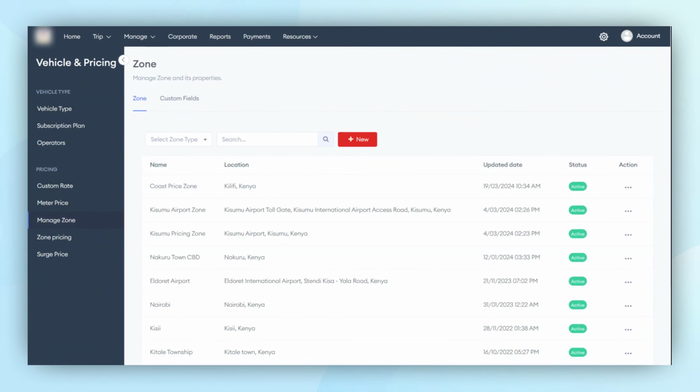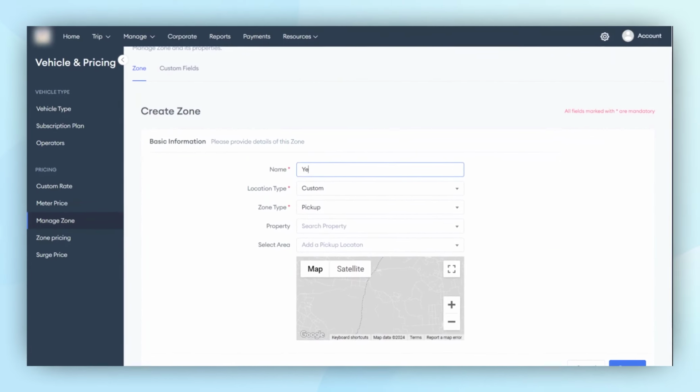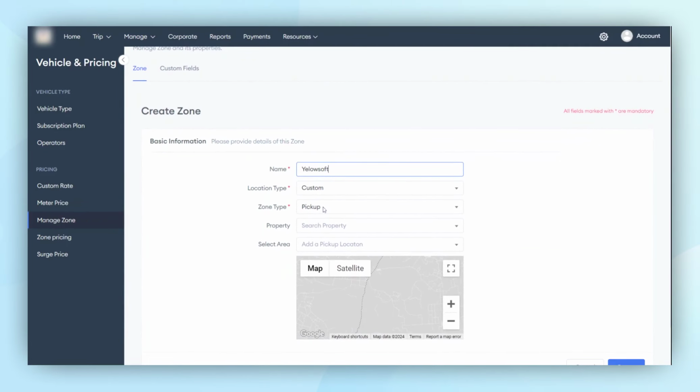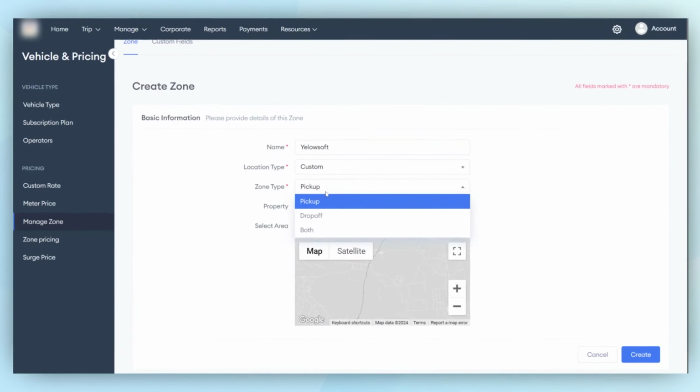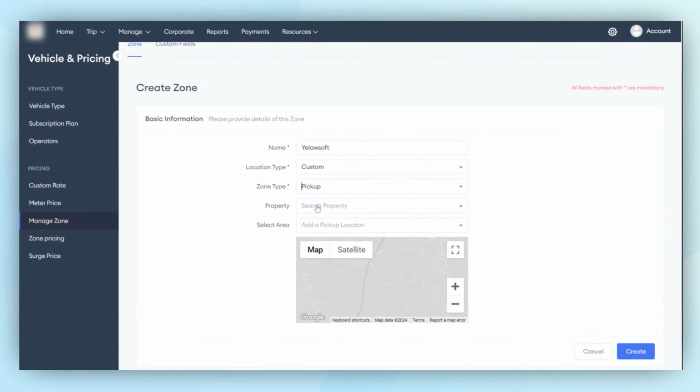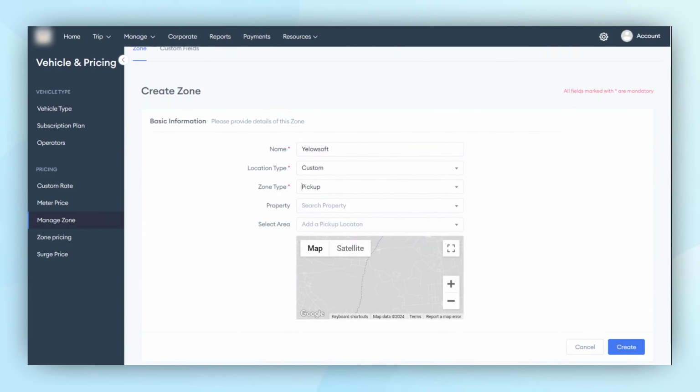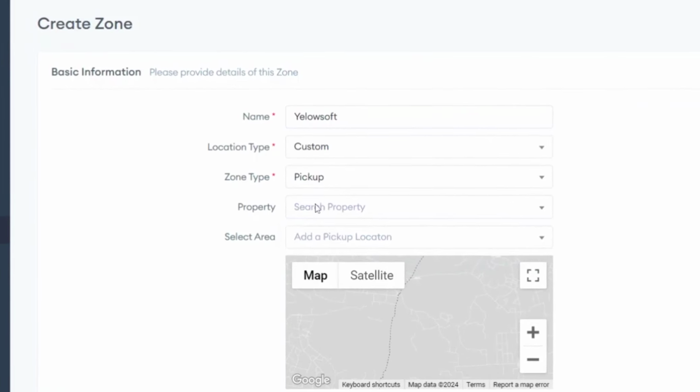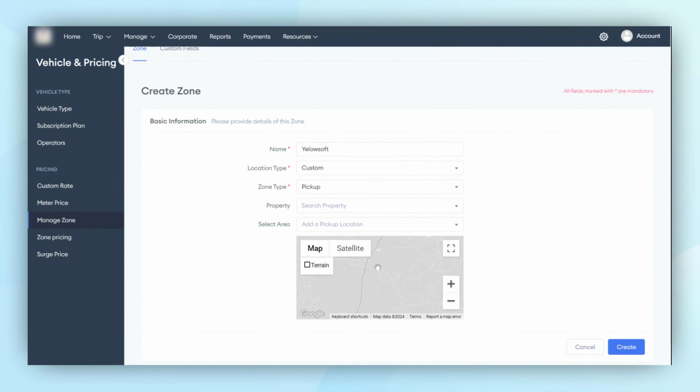Before you can set up zone pricing, you first need to define a zone, which is a specific territory or location. To do this, click on the New button. When defining the zone, you can specify the zone type in 3 different ways: pickup location, drop-off location, or both. The selected zone type determines whether the zone is created for pickup, drop-off, or both. For instance, if the zone is set up as a pickup location, then this zone will appear only in the